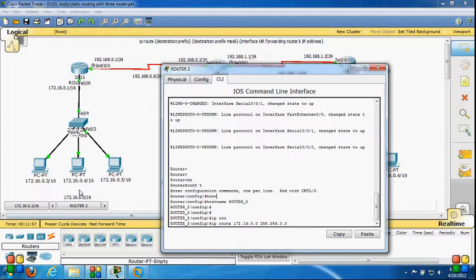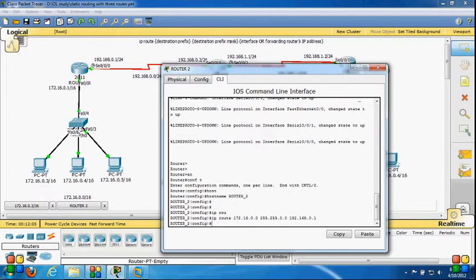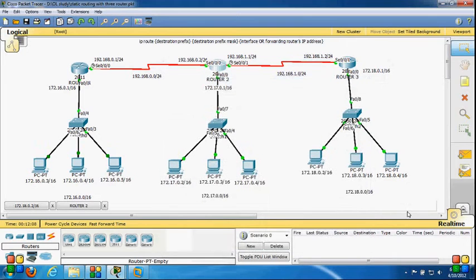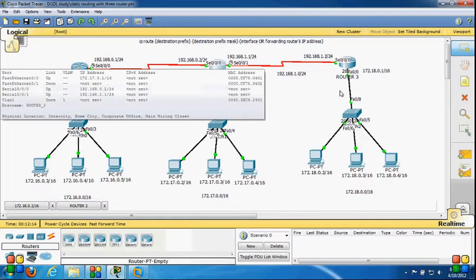So 192.168.0.1 is my next hop IP address, and I have created one entry. One more entry I have to create: this time my destination network is 172.18.0.0, and my next hop would be 192.168.1.2.